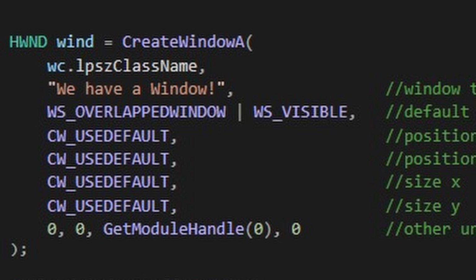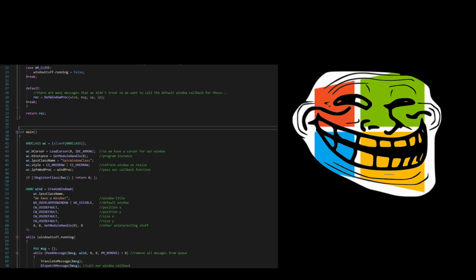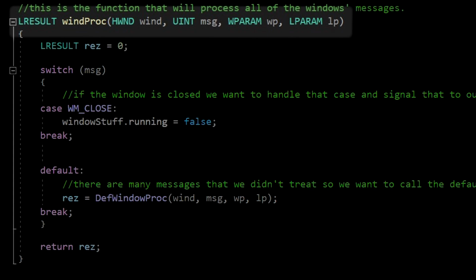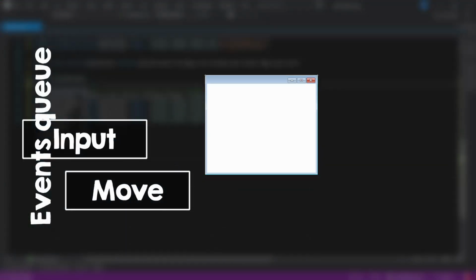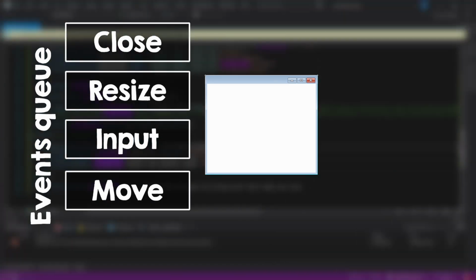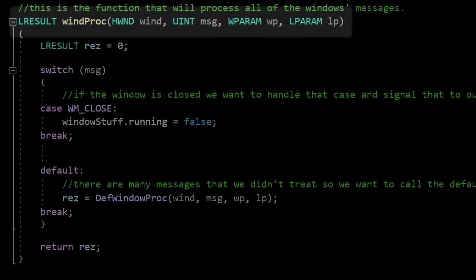So to open a window, you have to call CreateWindowA. Easy enough, except it isn't that easy because you have to do two more things before that. But stay with me. First, we have to create that callback that I talked about. This will get called for any event that the window receives. And again, an event can be something like resizing or even creating or destroying the window.